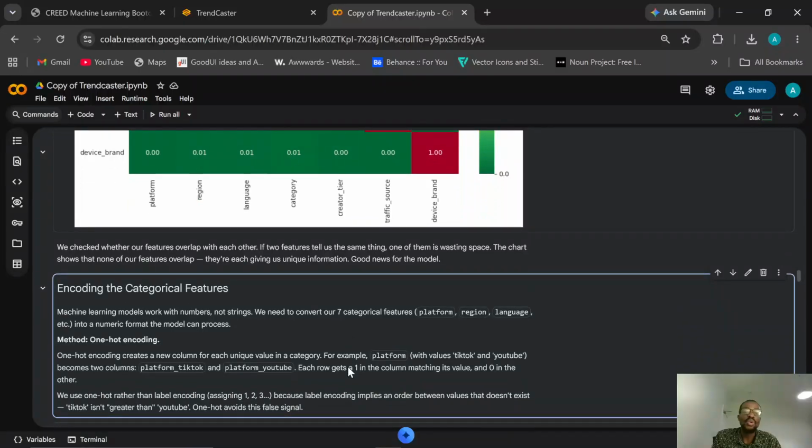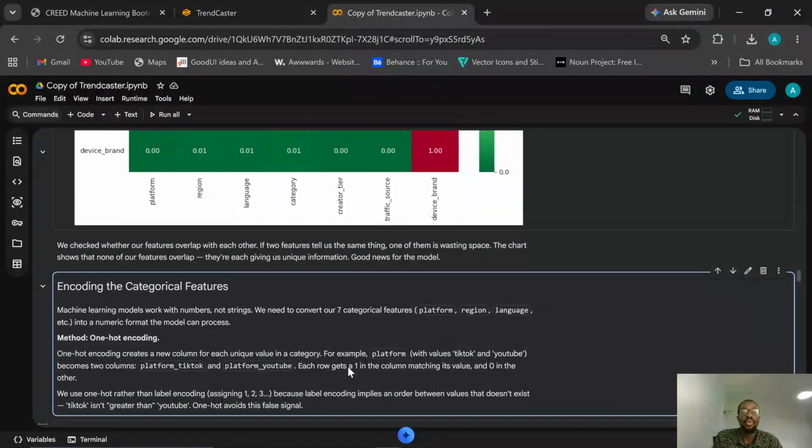And then we encoded our categorical variables. Why did we encode them? We needed to because the model we were employing does not work with strings. So we had to convert them to numbers, and we used one-hot encoding.